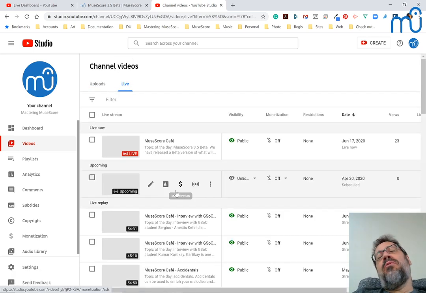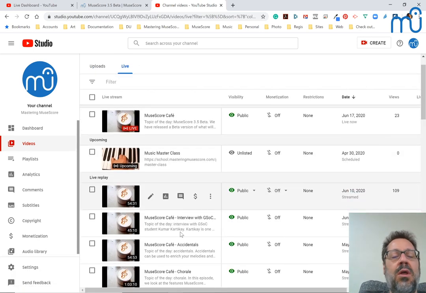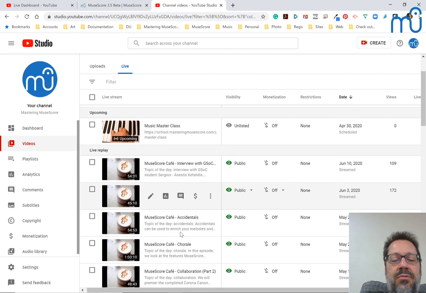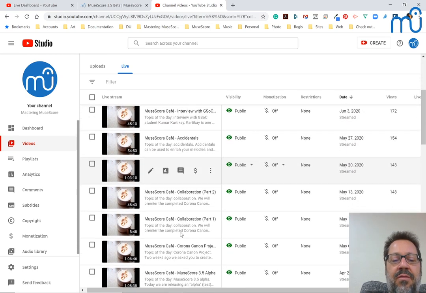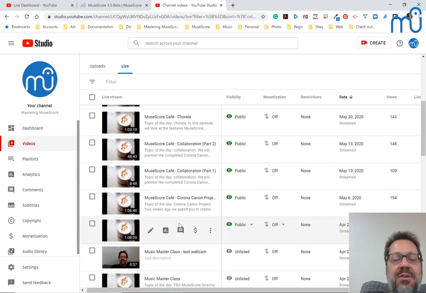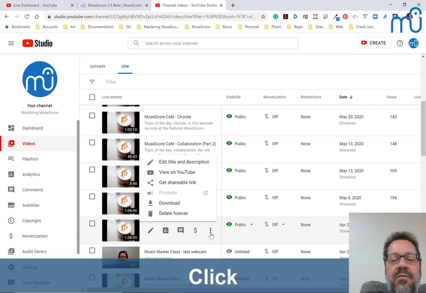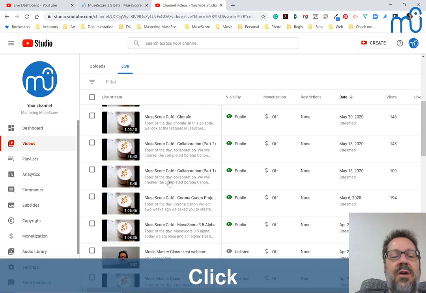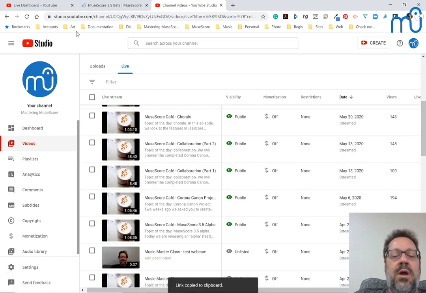When MuseScore 3.5 comes out for real, I'll do just a quick run through of everything that's new in MuseScore 3.5, because like I said, it's really quite a lot that's new in 3.5. I mean, I just showed you the stuff that was new for